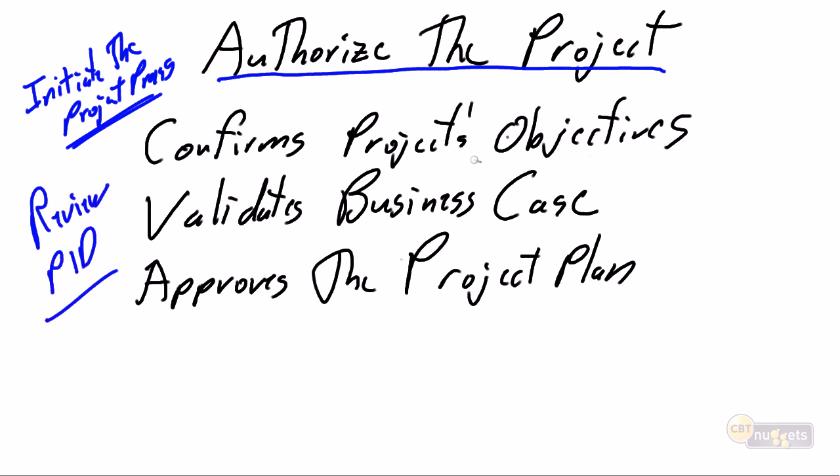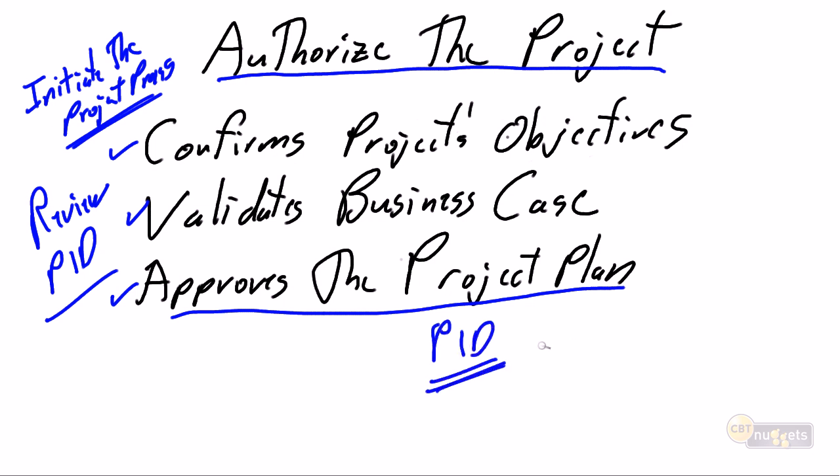They're going to confirm the project's objectives. They're going to review our PID. They're probably going to have some senior management meetings. They're going to talk to their peers in senior management in the business area and say, does all of this make sense? Is this what your guy wants or your gal wants? They're going to validate the business case. Based on these costs and these justifications, these benefits, does this make sense? Is this the right place to invest our corporate dollars? And finally, and I hope we're going to get approval of the project plan. They're going to say the PID is good to go, and we're going to then start the project.